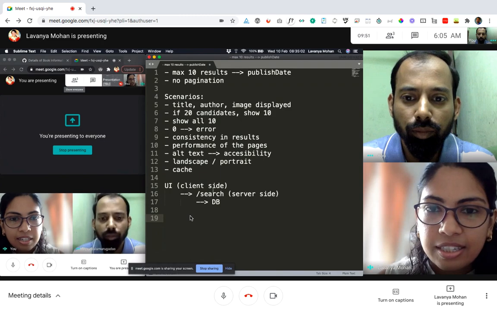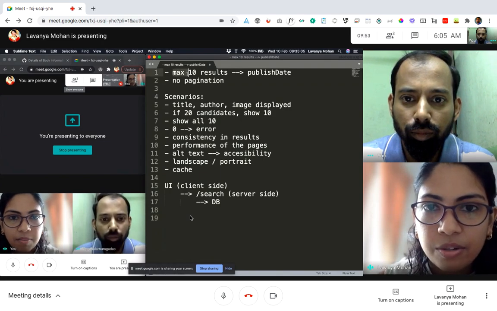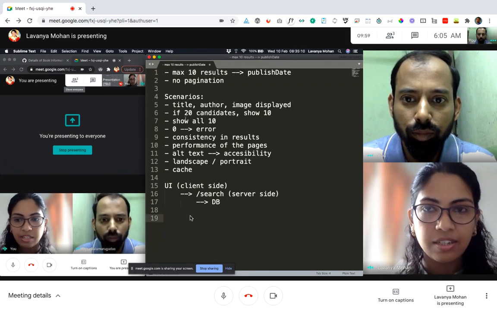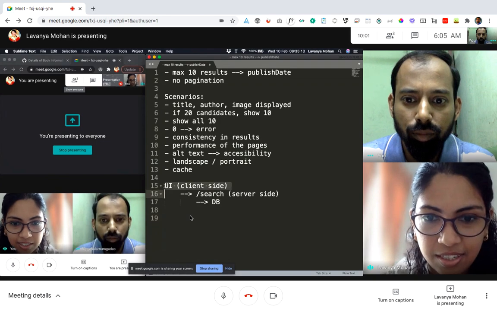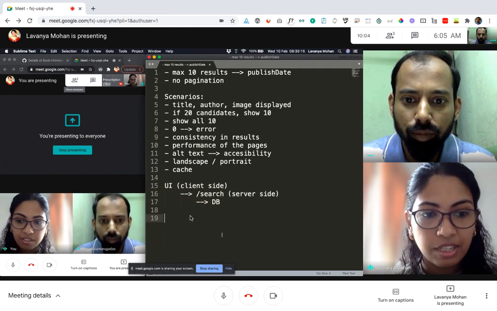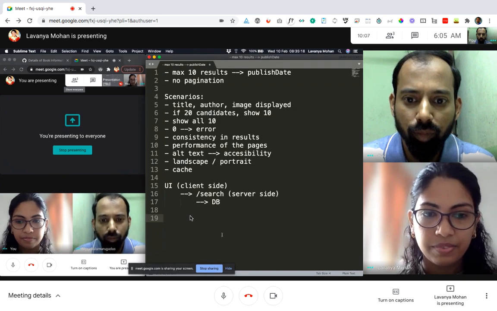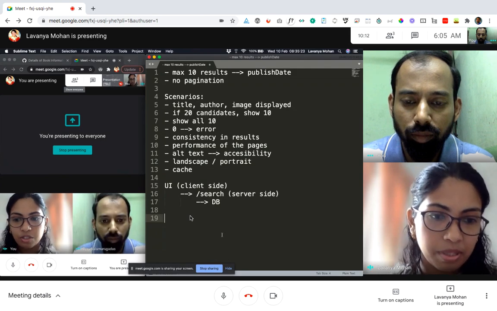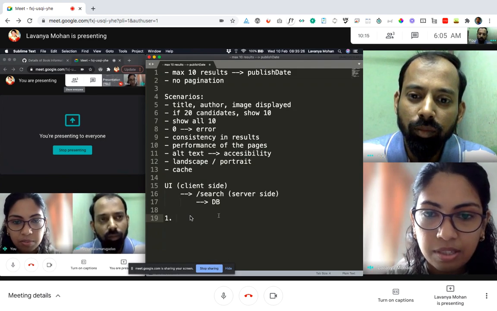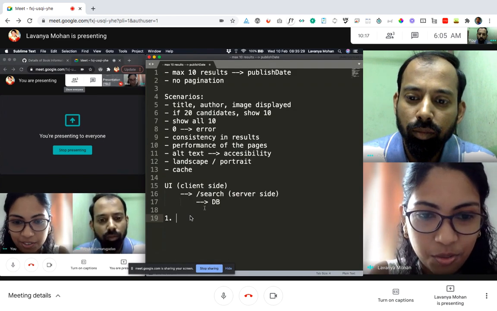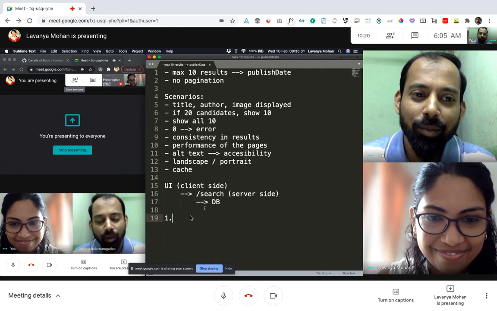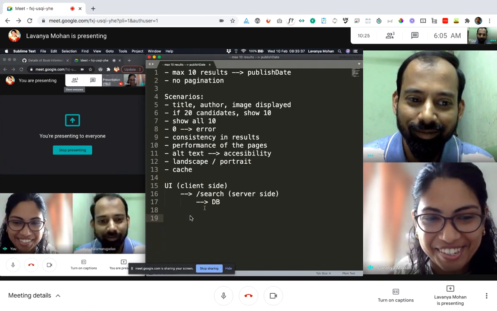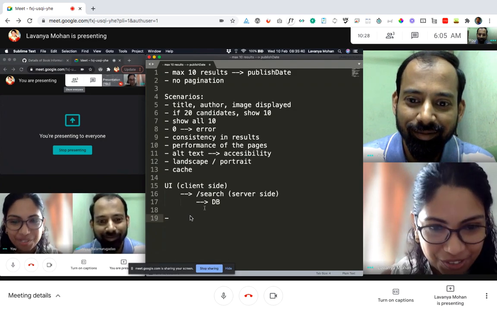Yeah. Now maybe let's talk in particular about this max 10 results. Basically, we need somewhere in these three places maybe to say that even if there are more than 10 results, just give me 10. Right? So, what are the possible options? Where can this filtering logic be? One option maybe is, you were thinking, so you want to say? Well, I mean, the initial thought was, all the three places. Exactly. Yes, I was going to say that. So nice. So all three places, right?